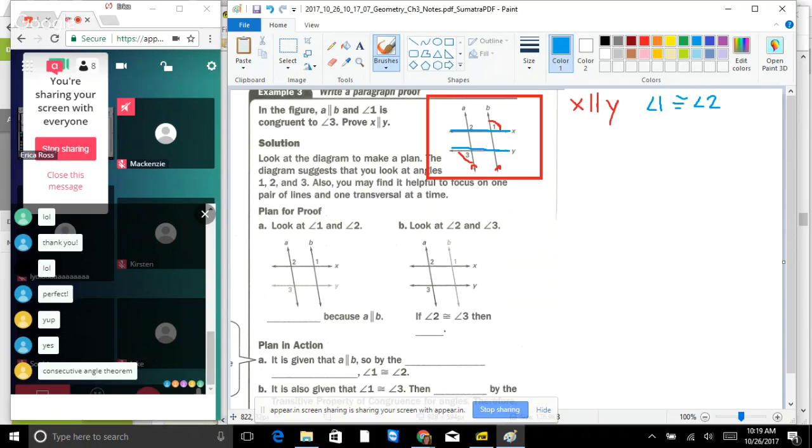Yes, so somebody said consecutive angle theorem. I like it, except they are not quite consecutive interior angles. They are corresponding angles, right? So I think that's what you meant. So they're corresponding angles, right? 1 and 2 would be corresponding. And so we'd actually have to use postulate 16, right? So if our corresponding angles, 1 and 2, are equal, then we could say,